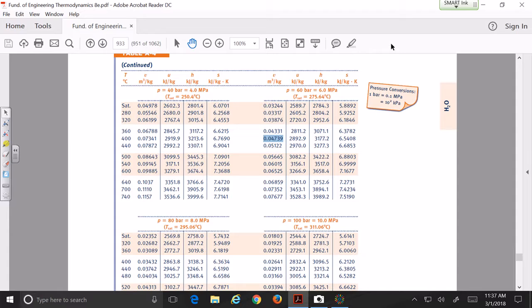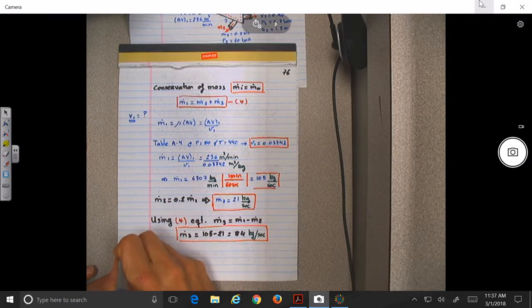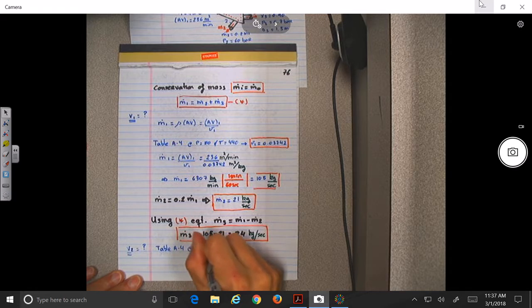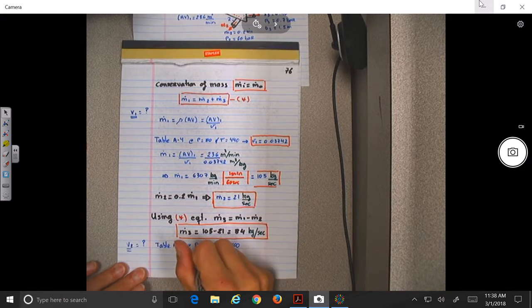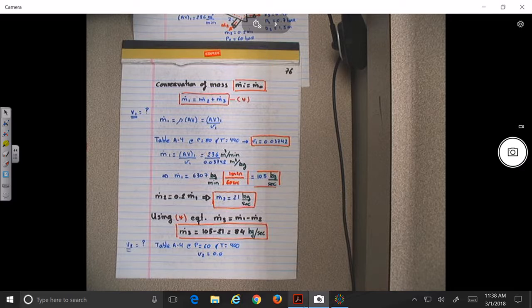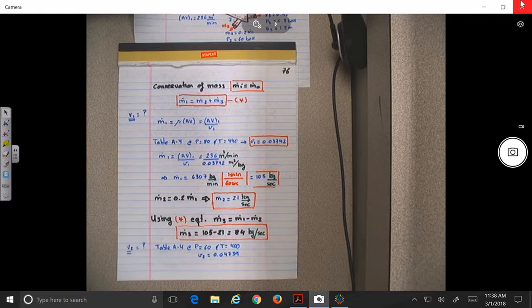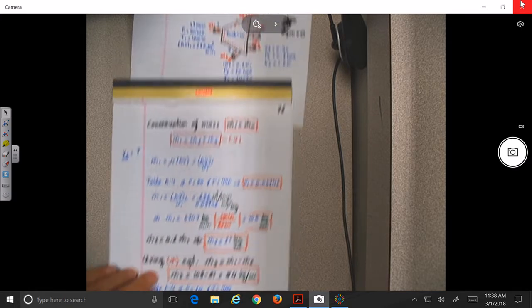0.04739. Okay. So basically V1 is still unknown, so let's say V2. Okay. Table A4 at P equals 60 and T equal 400, we had V2 equal to 0.04739. Okay, so now